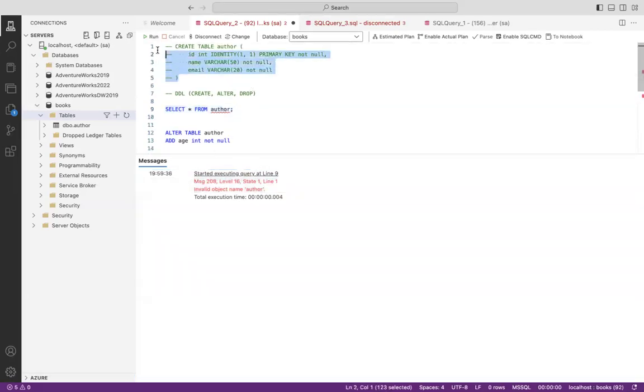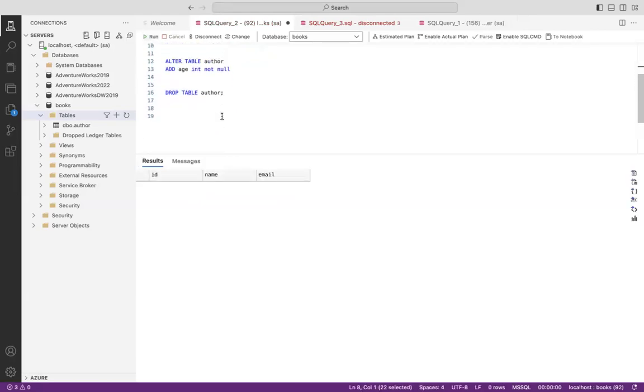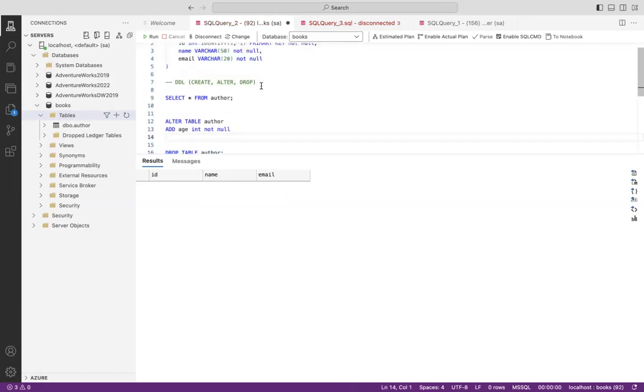But if I want to rerun this, I'm just going to rerun it like this, and then run it again. And now this is very much active. So always ensure that when you are using the drop command, you are using it for the entities that you really want to get rid of. So now I'm going to move on and talk about